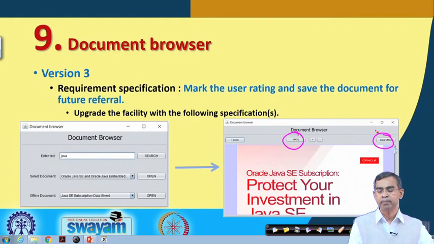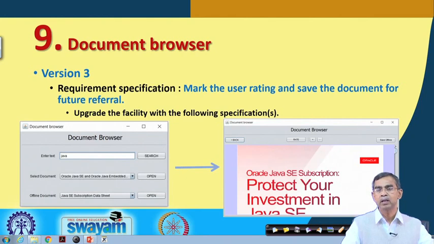Here is another button, that means if you like this document and want to save it, then when you click this, it will ask for the save location and the name of the file that you want to save. You can do it, and then the save button can be clicked and it will save the document on your own machine. Whenever this document is saved, it will be saved with its rating value also. So, the two things are to be maintained, and accordingly the saving pattern should be created. It is not the simple saving that the Windows operating system or other OS does for you. So, you have to work out how the two things can be maintained.